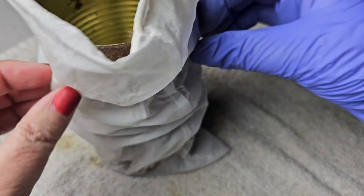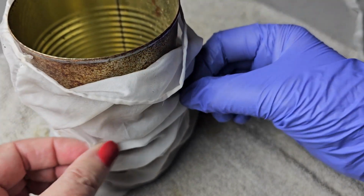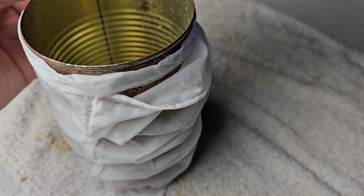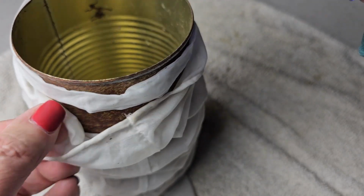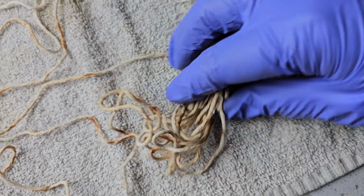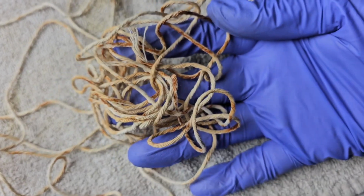It may not get much in the way of printing, and that can be really nice, a sort of negative print, if you will. And I want to leave a little bit of room here at the top so that we can put this ribbon that goes around it. I thought we could kind of tie that around there, sort of loosely, tuck it in there. And then in order for this to stay tight, we're going to use some string. I really like to also repurpose my twine or string that I use. You can see this was actually used for some rust printing that I did already,